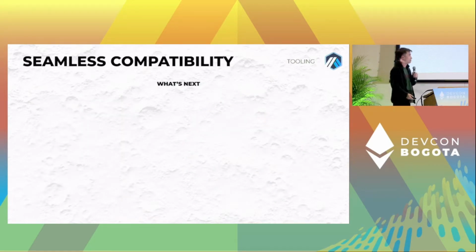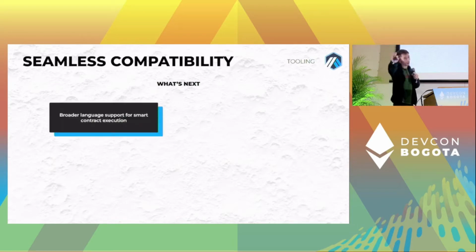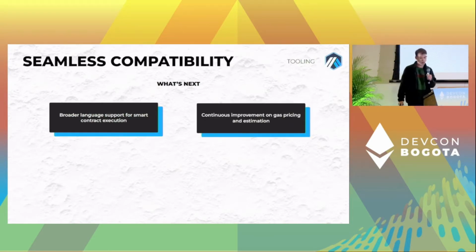So what's next, right? You can keep pushing the envelope here. But one thing that we want to think about right now, contracts, Solidity. As you think about rollups in the future, we want to see broader language support for smart contract execution. So this is something where you can imagine having different options to write your contract code in and compile down to something that'll still work with the EVM. It's a really exciting time.